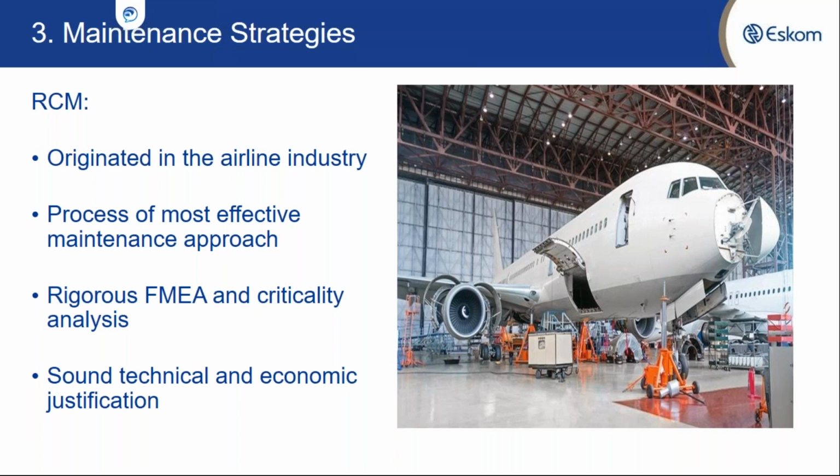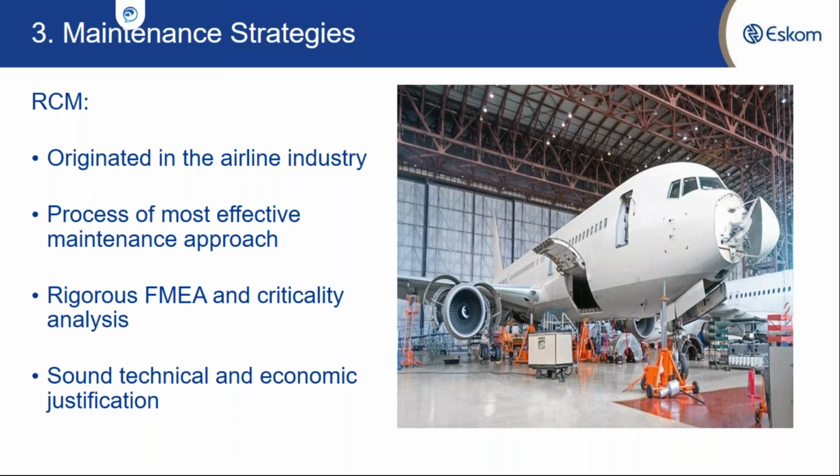done on that asset. If you look at the history of the reliability maintenance approach, it originated from the airline industry in the 1960s. The cost of maintenance was becoming increasingly high due to failures. The airline industry decided to establish a work group which investigated the effectiveness of the preventative maintenance program that was applied at that time.